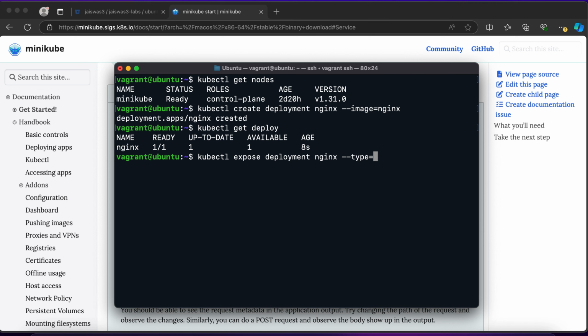What type of service do we want to expose? So NodePort, and on which port? Remember, 80 is the port on which we want to expose Nginx. All right, so let's quickly